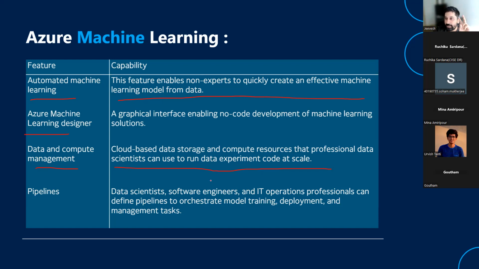So there are two steps in machine learning. One is training, and second is using the model. When you're performing the training phase, at that time you might require a lot of compute resources, because a lot of processing is happening. Once that is done, things become a little easier. You do not require that kind of processing. That's why cloud is a very, very favorable choice for training your machine learning models.